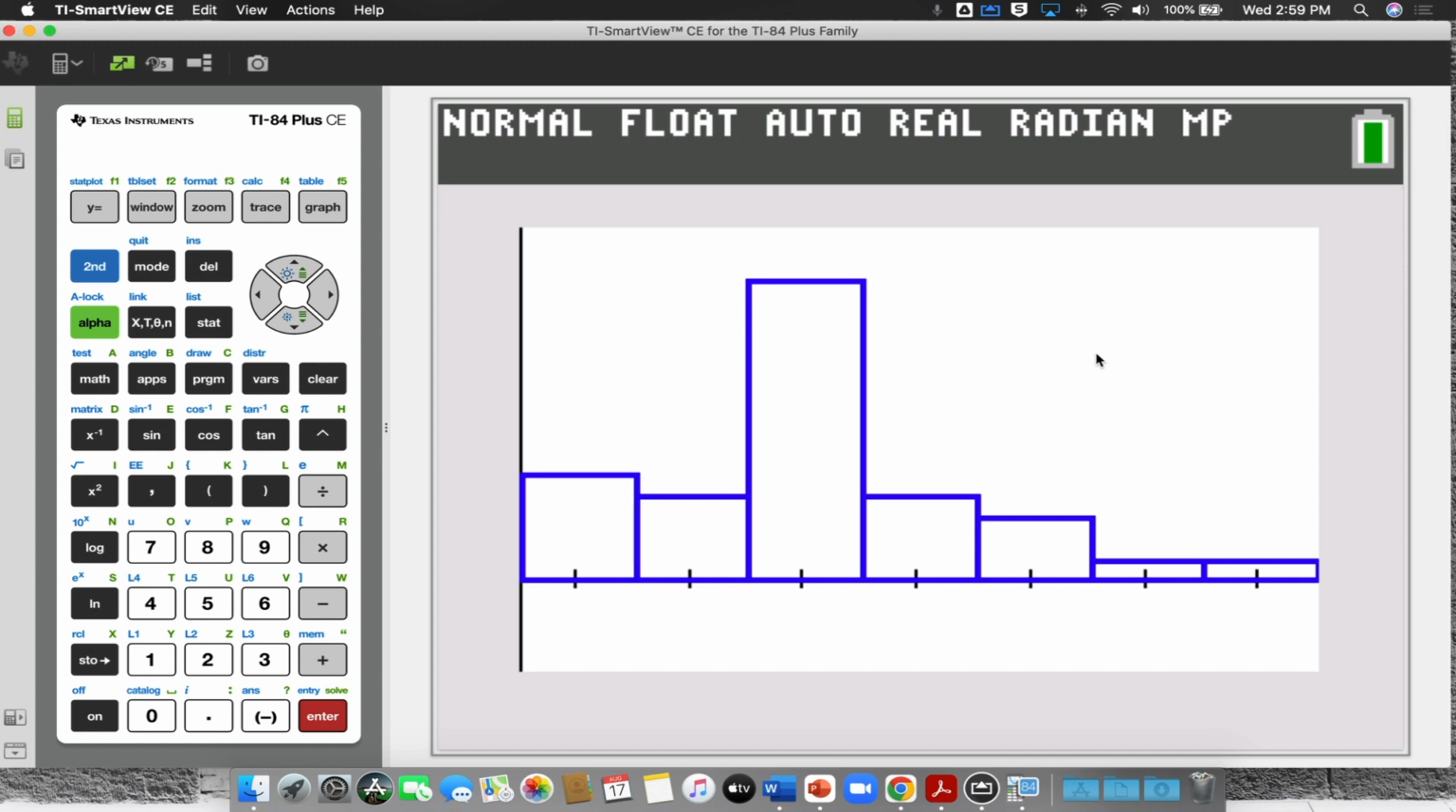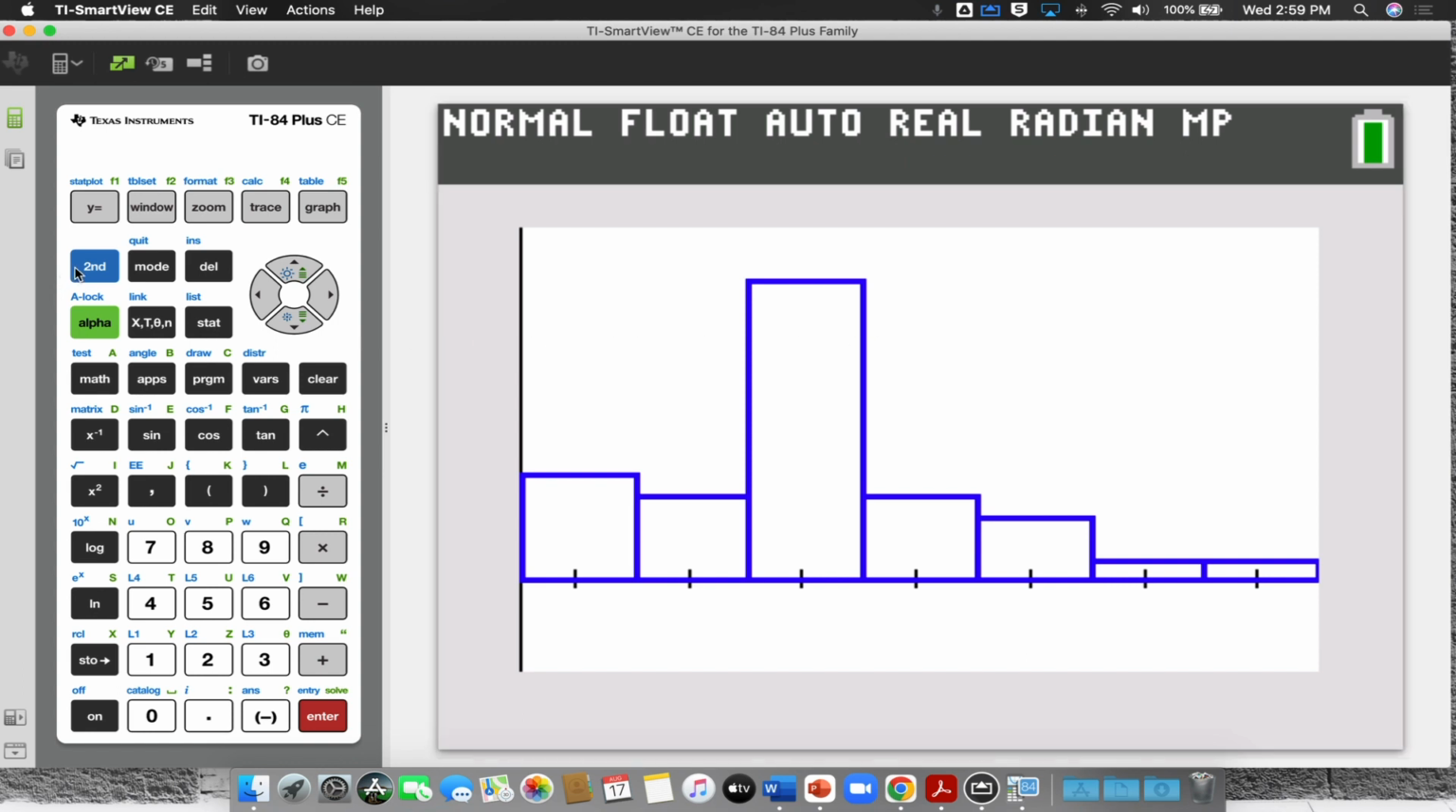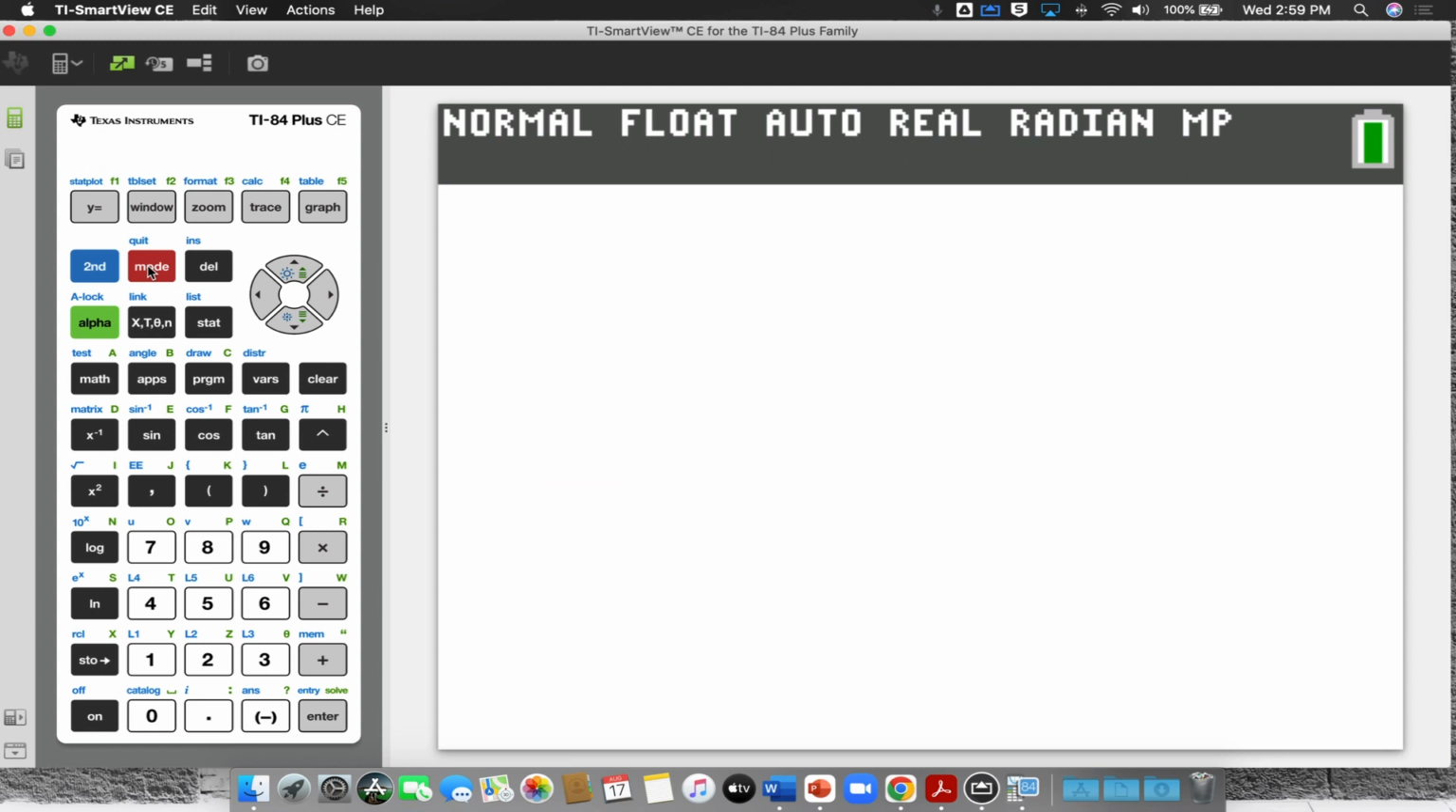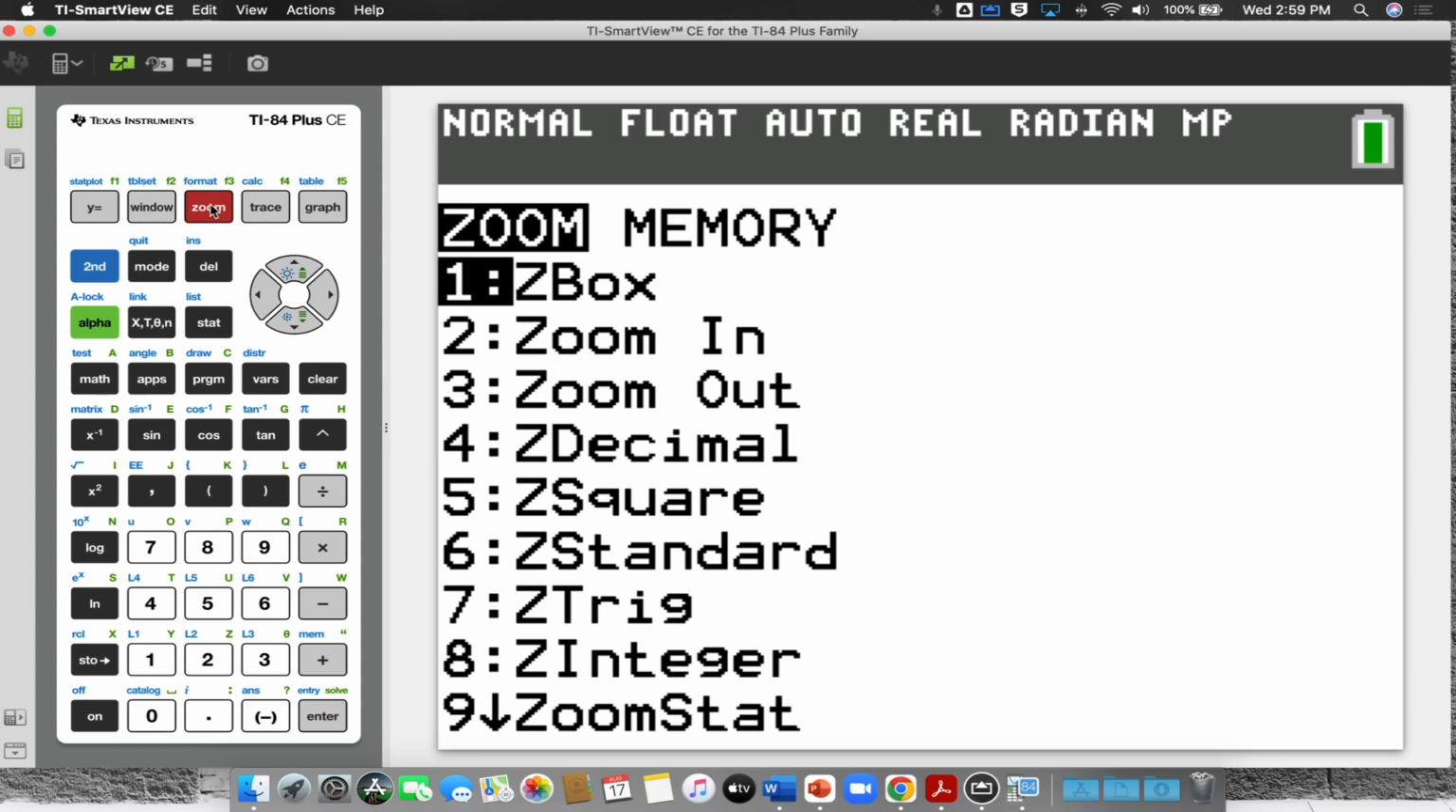Okay. So how do you get out of that? I don't want this page. How do I get out of it? There you go. Right? We said we did that yesterday. Second mode, back to the home page. Zoom, stat,